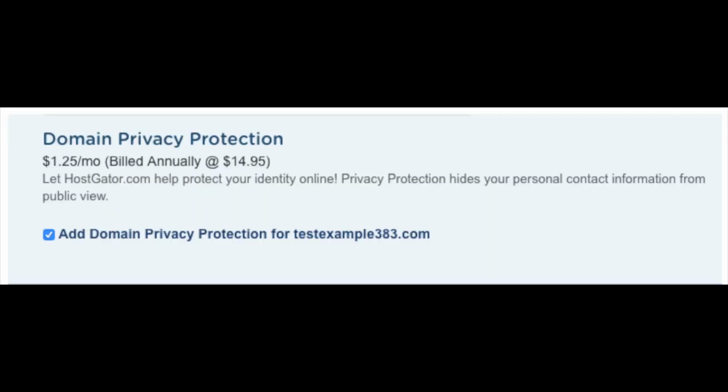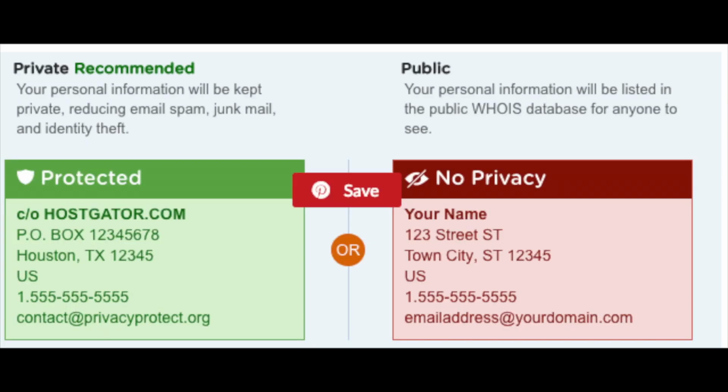You will see domain privacy being selected for your domain name purchase. It's completely up to you whether you go with this add-on or not. Domain privacy protects your personal information. It's very common without this selected, telemarketers and spammers will call and email you quite often. If you go with domain privacy, HostGator's default contact information will show, so you won't have to worry about spammers.